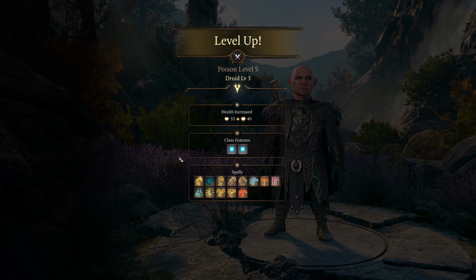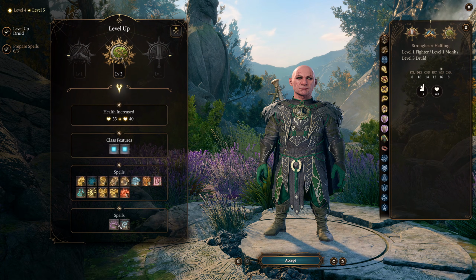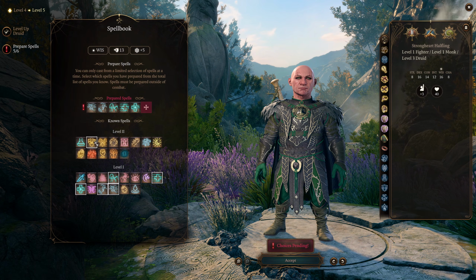At Druid level 3, we're going to be getting some extra spells. As a Spores Druid, we get Blindness and Detect Thoughts. I mean, okay, probably not going to really use those. But we are going to get a level 2 spell at this level, and the obvious choice would be Protection